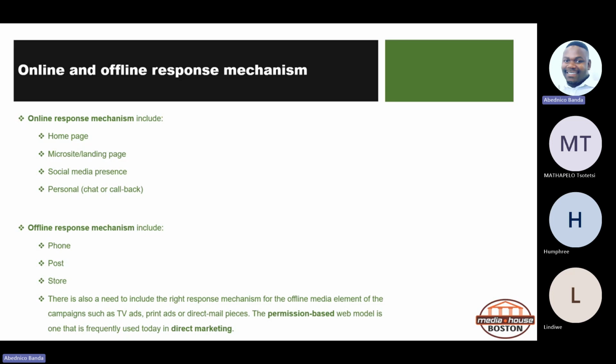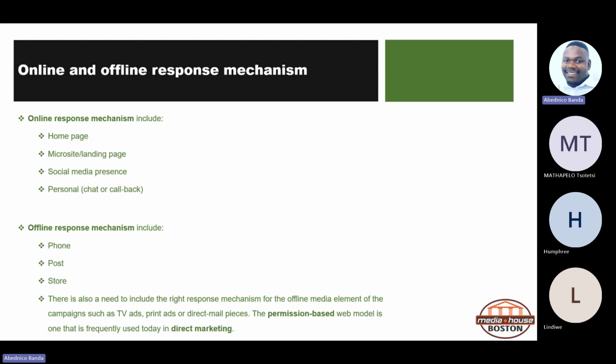So nowadays couriers are actually replacing what we initially knew. Then, of course, you can also use the stall. I've also seen on social media where you engage a brand online and they tell you to come visit any stall, be it at Rosebank or Soweto. Just visit our branch, then we'll be able to assist you. So you can also assist them in person, even if it's a challenge they encountered online.